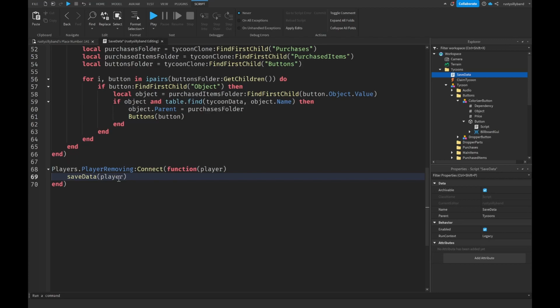So what this is going to do is that if the player gets kicked or if the player leaves, it's going to save the data for that player. Now in case the game crashes, we want to make sure that we also save the player's data. So what we want to say is